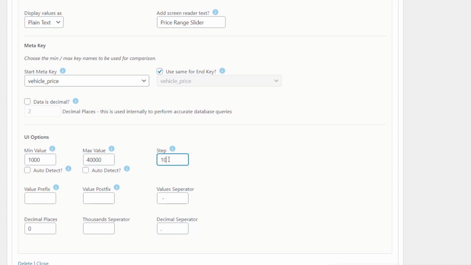Steps, we're going to set those to be 1,000 steps, and that's just basically the increment that you're going to use. Now you could try using the auto detect, and that's going to set the minimum based on the lowest value inside your database. And that can be useful if you have a large database with quite a large array of different prices. However, for this, I want to have a specified increment value, a specified range, so everything is